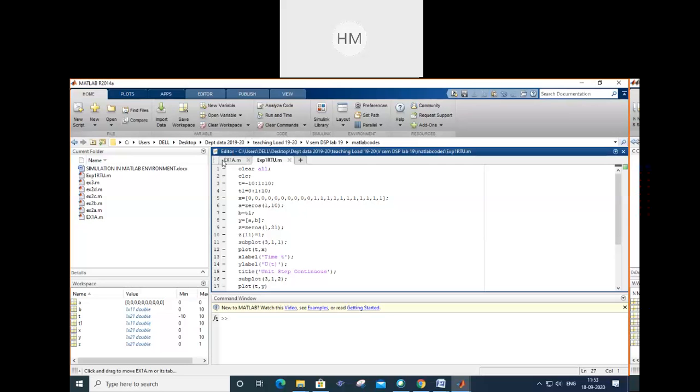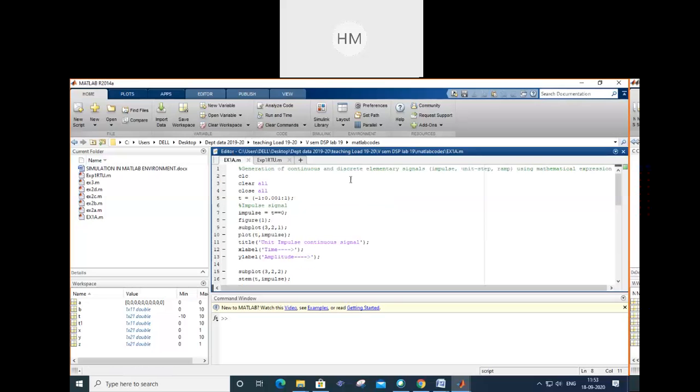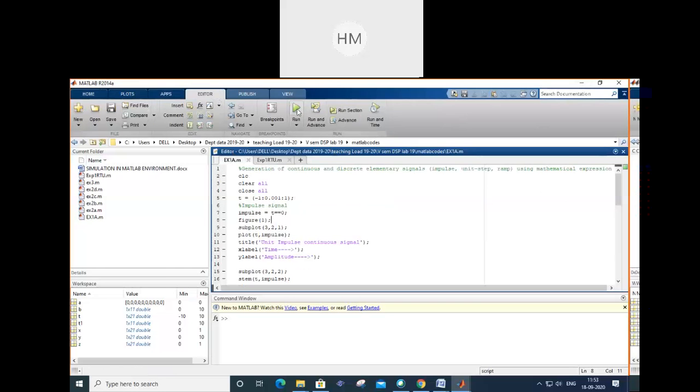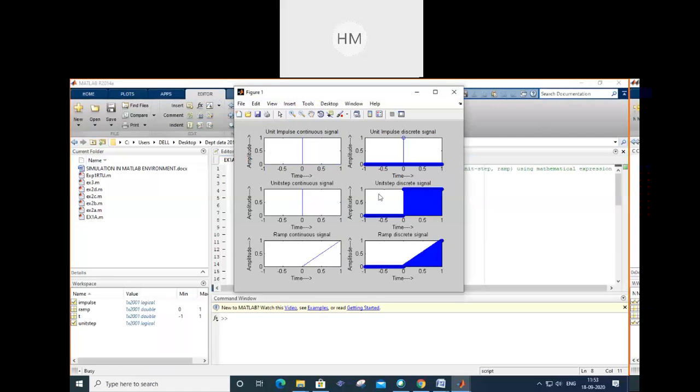So I will run both the programs. We'll discuss because time is getting over. So we will just run this program now. Running this program, I got all the waves. Workspace will tell you impulse, ramp, t, unit step, whatever functions we are using will be mentioned over here.